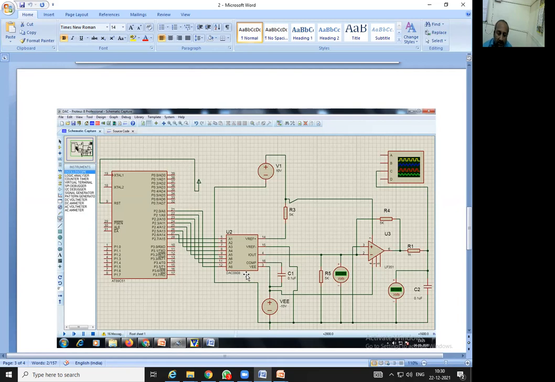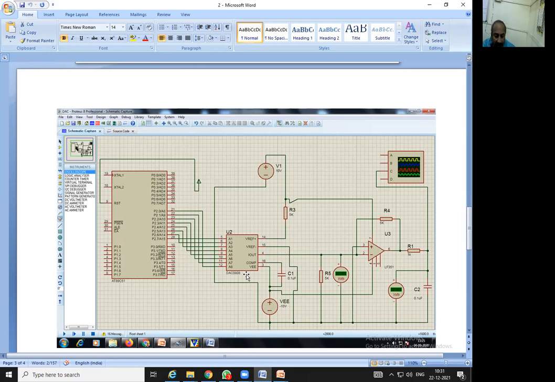Output it gives in the form of current. But normally we are just taking the reference or the output voltage as an output. So here another task is to convert the current into voltage. The way is to put one resistor at the output and take the voltage across this resistor, and you will get the voltage output.